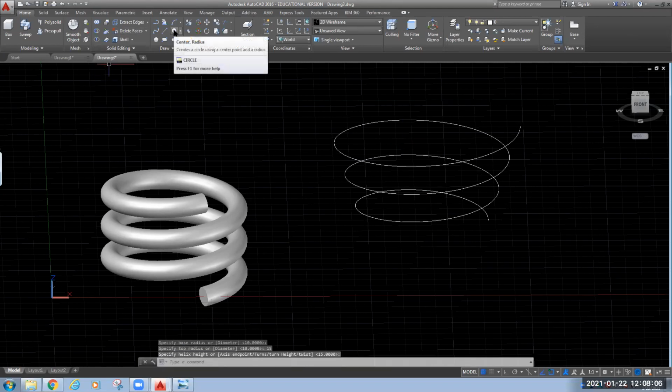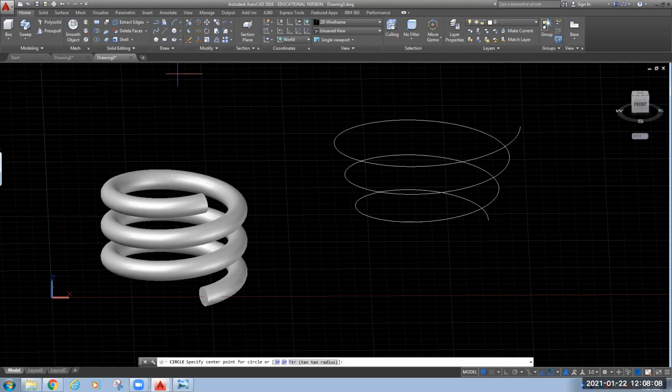Now you can make a circular cross section or any cross section of your choice. Go for the sweep command. For sweep, you need to specify the object. So this is your object.